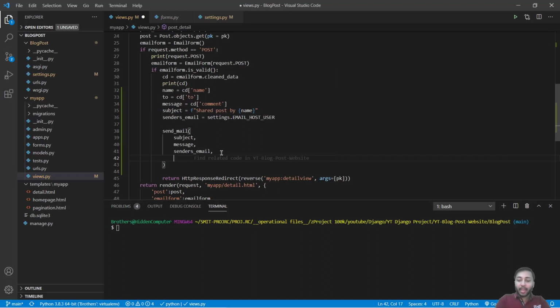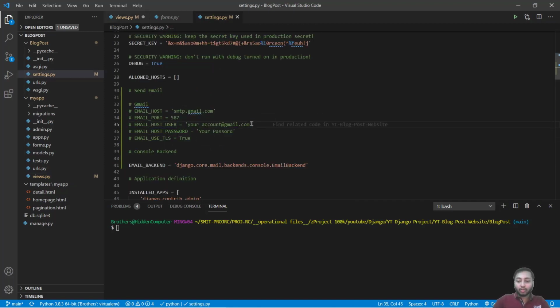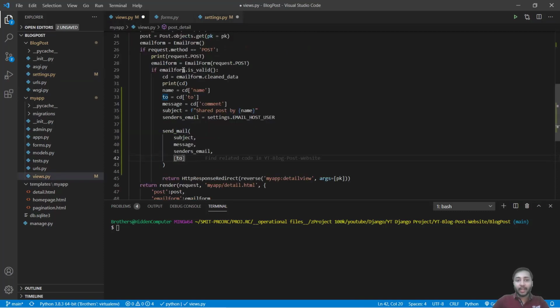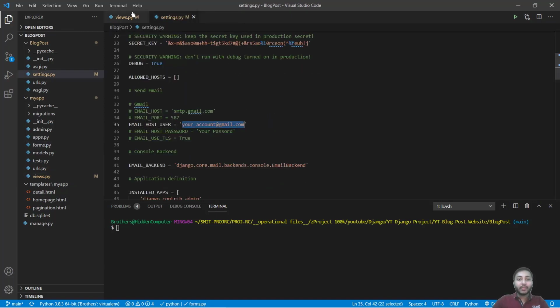Now what do we have to provide? We have to provide to where we have to send the email. So we'll provide to inside a list. See, I have used a list to provide all the receiver emails. Now in the settings.py file, we can also uncomment this because we are going to access this email address. You can also define that right here inside this variable, doesn't matter. We just have to learn how we can send email. So how you create the sender's email really doesn't matter. Save settings.py file and remove form.